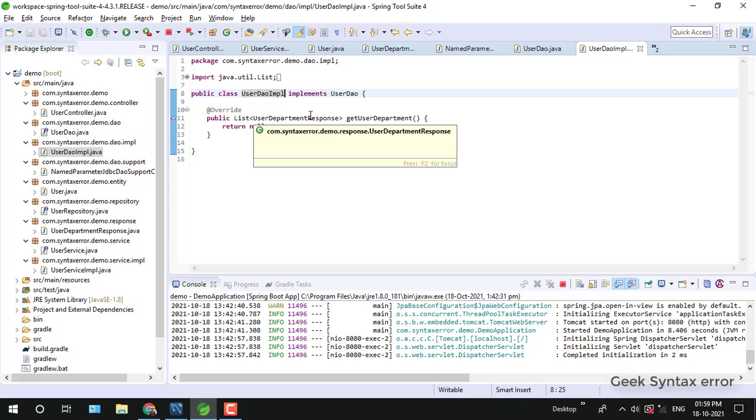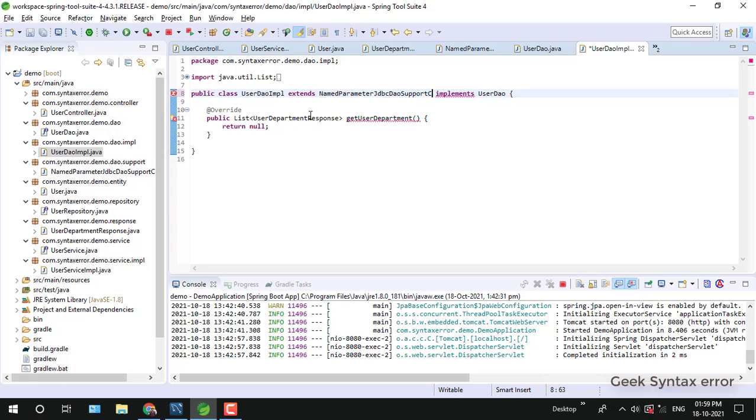We need to import that NamedParameterJdbcDaoSupport class, which we created earlier. Just extend that class. Once we extend that, all the properties will be inherited in our DAO implementation class.